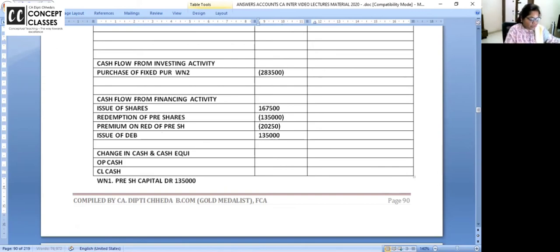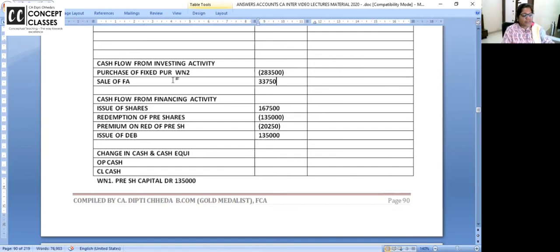Then we will also write sale of fixed assets. Sale of fixed assets is like inflow. है ना? कितने में बेचे आपने? Fixed assets 33,750. Sale value you will take as inflow. Loss what you have debited is a book entry, तो उसको हम निकाल देंगे. ठीक है? All clear till here?